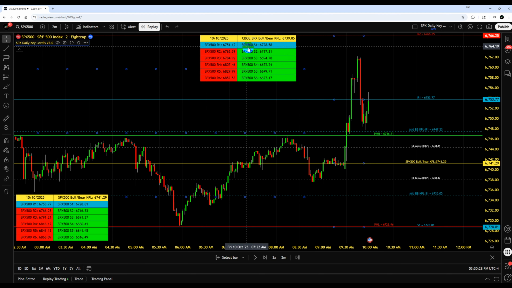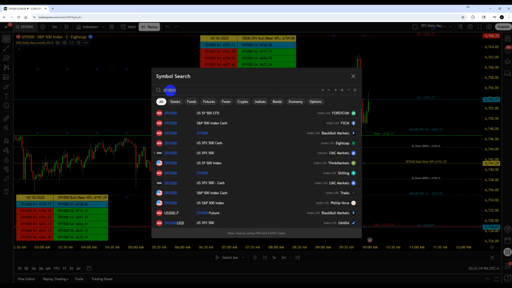And the way TradingView and their Pine script coding works is that even if your indicator knows what to plot, it will not plot it unless the market for that symbol is open. So this is a way that you can put it on this symbol, and we have this second chart here which will give you the levels that will be the 9:30 levels for CBOE SPX. This chart here is just showing the same levels for SPX 500, the Forex CFD we're on, which that's what these levels are, and that's what this corresponding table is pointing to here. This extra table here just gives you the ability to get the CBOE SPX values for today's session 30 minutes before the 9:30 open. And then when 9:30 opens for CBOE SPX,